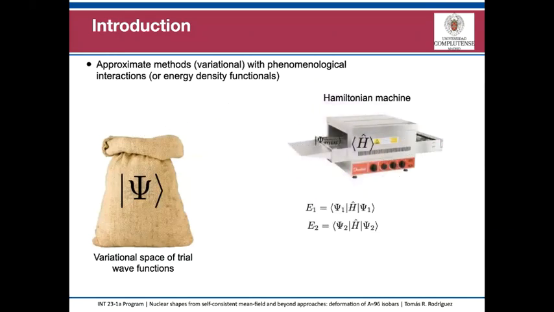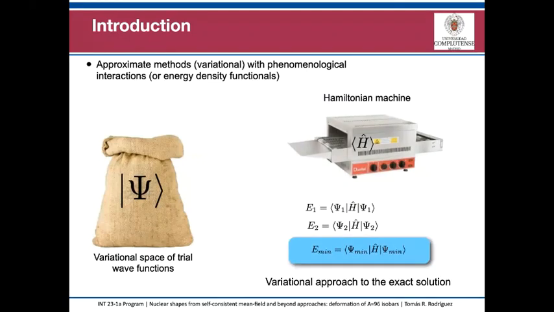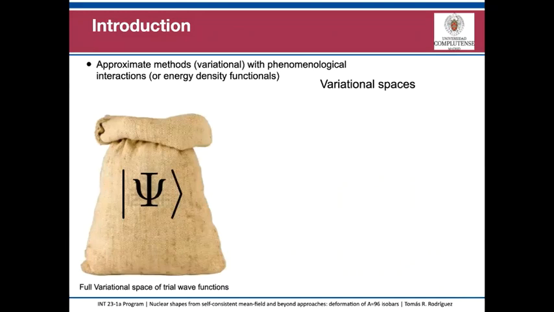And then obviously, it depends on how we define this sack, the variational space of wave functions. If it is the full variational space, then solving the Schrödinger equation, either from diagonalization or from the variational principle, is equivalent, and you don't gain anything from it. So you have to reduce this variational space, and if you restrict yourself to some specific form of the trial wave function, then you have the